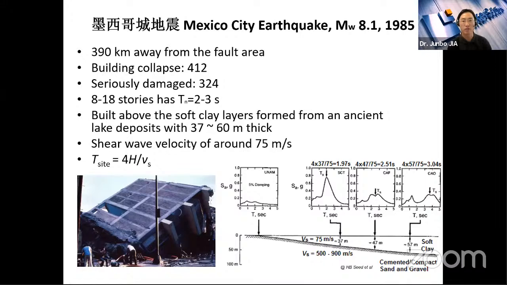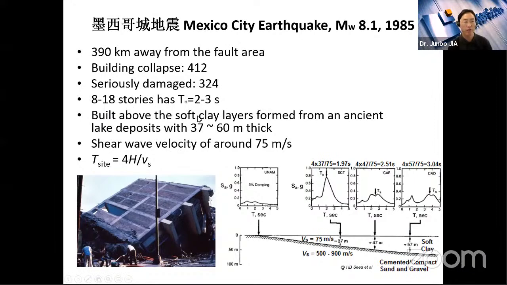A moment magnitude 8.1 earthquake hit a place almost 400 kilometers away from Mexico City. But in Mexico City, more than 400 buildings still collapsed, and another 324 buildings were seriously damaged. After a forensic study, it was found that the majority of those buildings ranged from 8 to